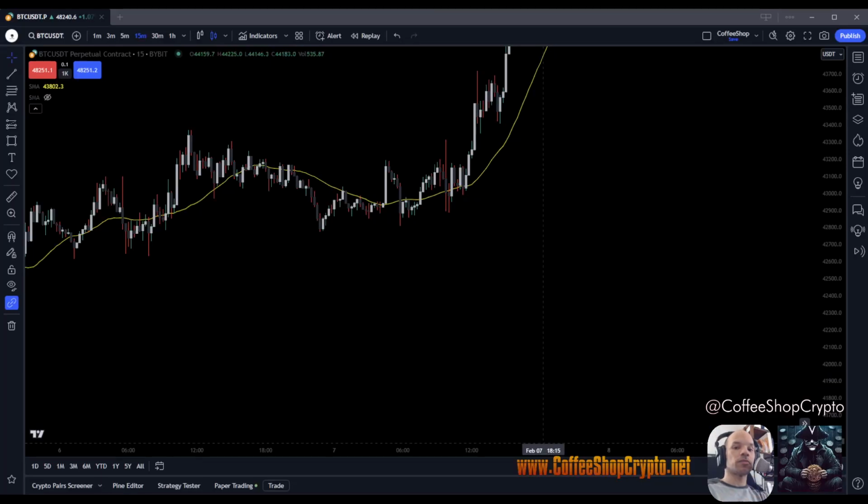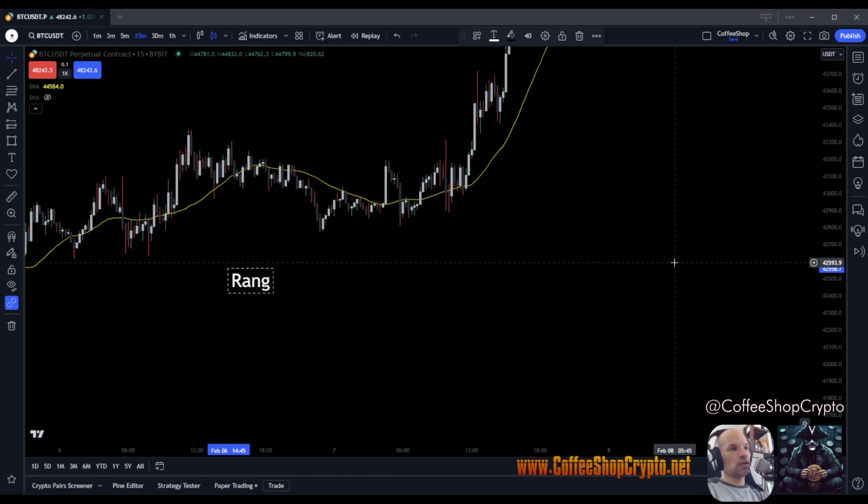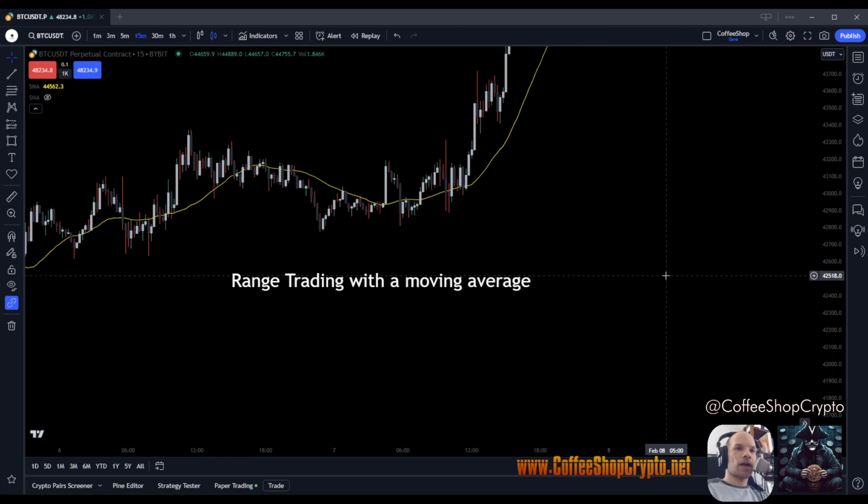I'm going to show you a little something that you can do with one indicator and maybe two indicators. And both of them, they're not mine, and the indicators don't really belong to anyone else. They are free indicators. You can just put one on your chart and just change its settings every once in a while. What I'm going to show you today is range trading with a moving average. How about that? How about you just have one moving average on your chart and you can figure out